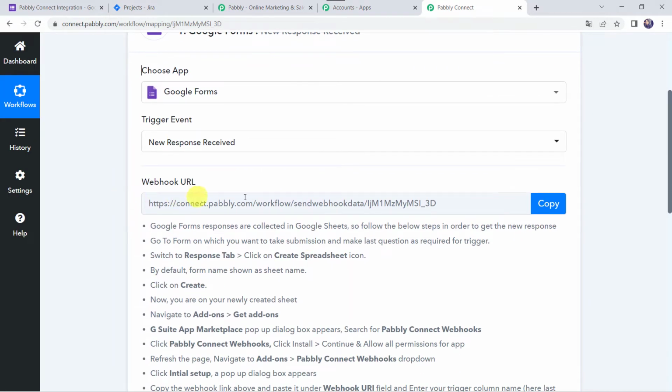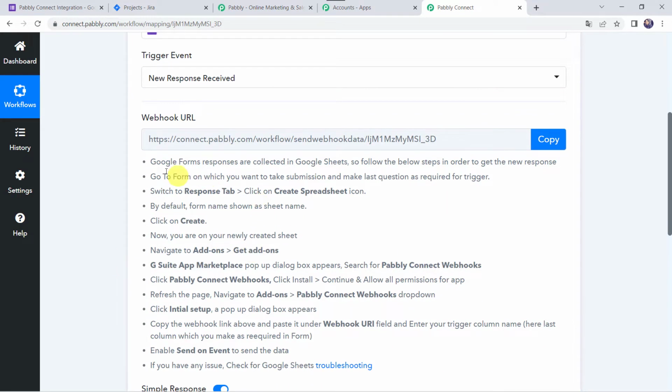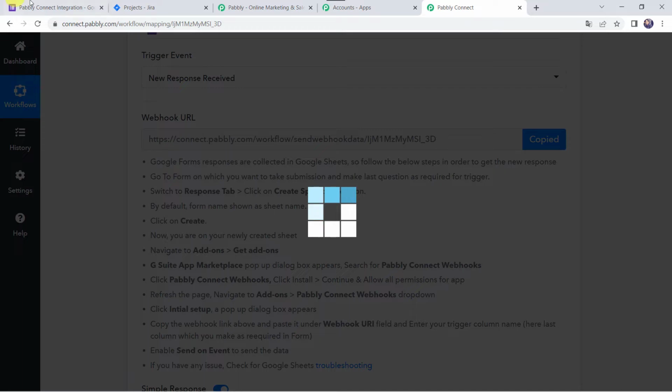Now we can see a webhook URL and some instructions. So let us read the instructions. Google Form responses are collected in Google Sheets. So follow the below steps in order to get the new response. Go to the form on which you want to take the submission and make the last question as required for the trigger. Okay. So I'll just copy this webhook URL from here and I'll take you to the Google form